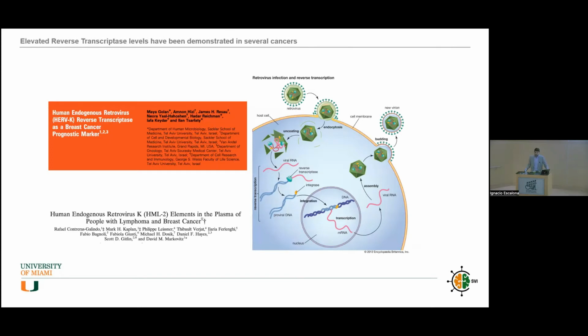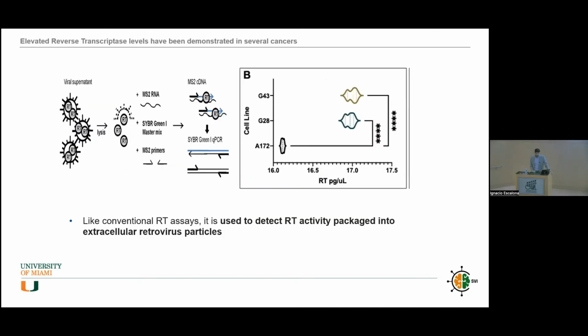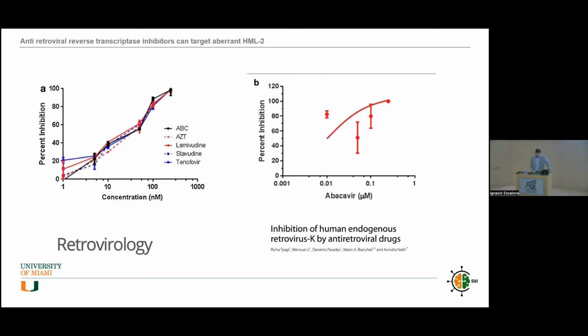So you can take their blood or plasma or CSF and do a PERT assay and assay for the reverse transcriptase levels in each patient. And it's been shown to be a prognostic marker in breast cancer, and in glioblastoma you can imagine the same thing. We found cells that had high HERV-K had the highest amount of reverse transcriptase. Cells that had low HERV-K had a lower amount of reverse transcriptase. And so you can actually target these reverse transcriptase levels with antiretroviral drugs. So reverse transcriptase inhibitors can actually target the reverse transcriptase levels,